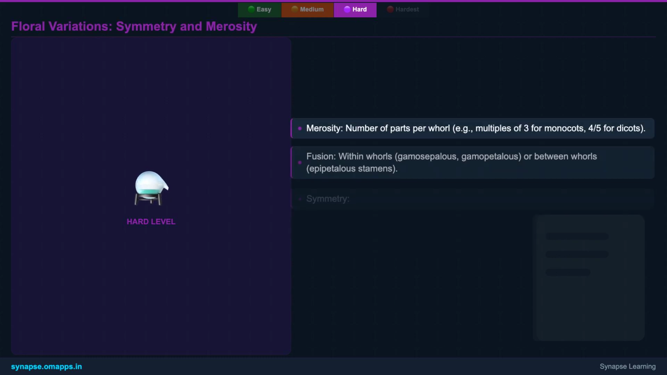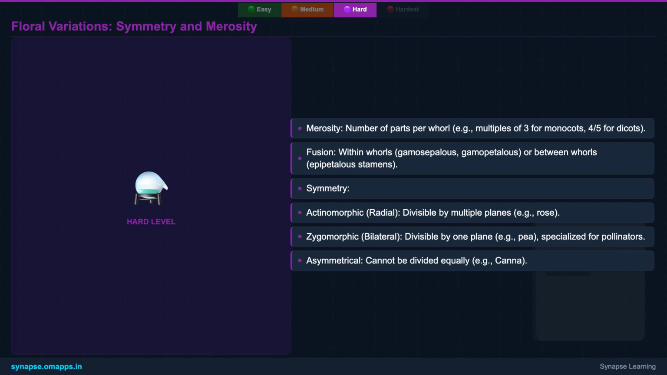Flower symmetry is another crucial aspect. Actinomorphic, or radially symmetrical, flowers can be divided into equal halves by multiple planes, like a star. This is often seen in more ancestral flower forms. In contrast, zygomorphic, or bilaterally symmetrical, flowers can only be divided into 2 equal halves by a single plane, much like our own bodies. This specialized symmetry often indicates a highly co-evolved relationship with specific pollinators, guiding them precisely to